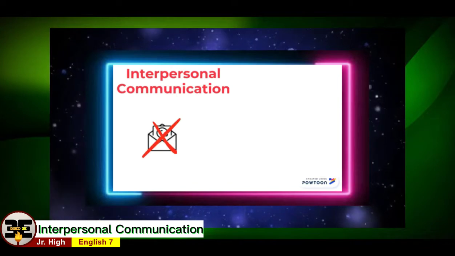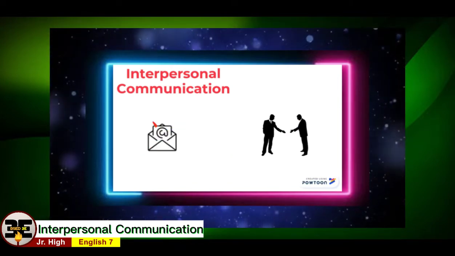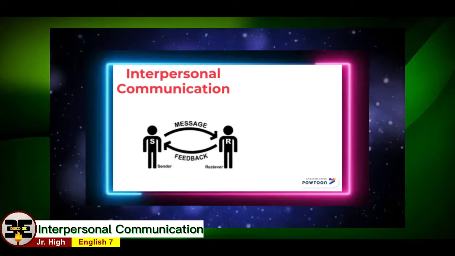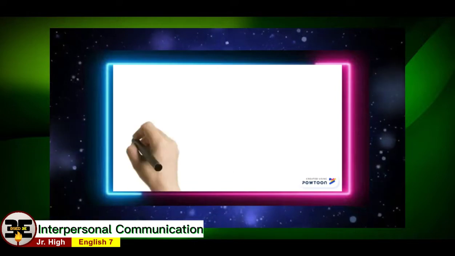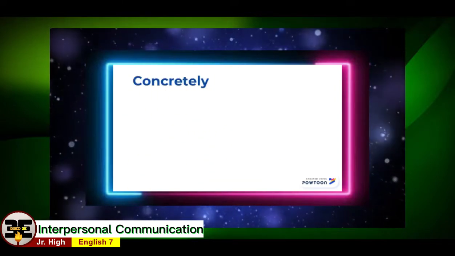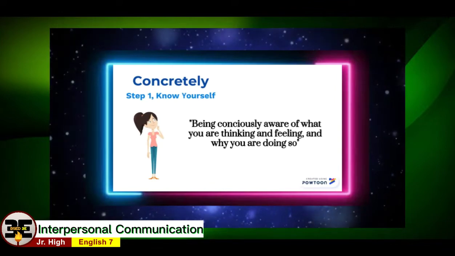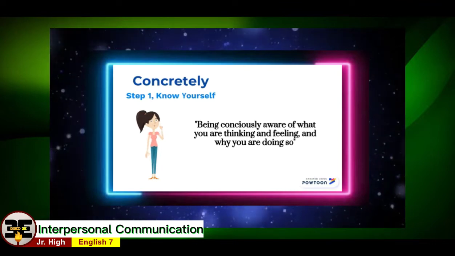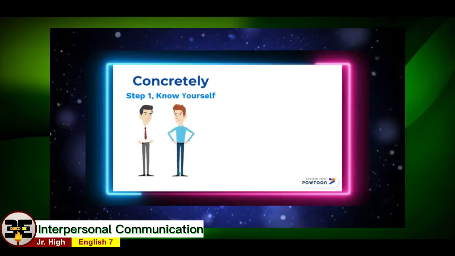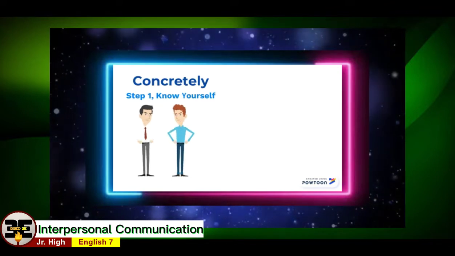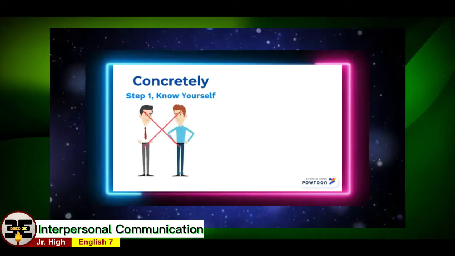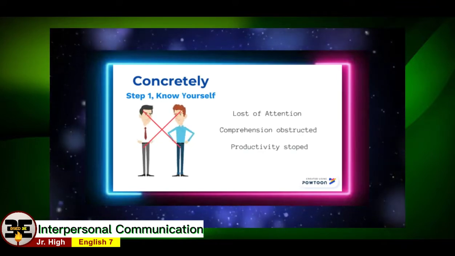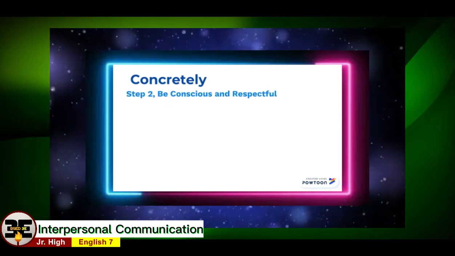Interpersonal communication goes further than a simple message. It's also a way to create lasting and successful relationships. This is why it cannot be underestimated and must be mastered, as we always need it to improve our relationships. But concretely, how do we implement it in our life? Step 1, know yourself. Self-awareness means being consciously aware of what you're thinking and feeling and why you're doing so. If you are angry in the middle of a negotiation, it's important to realize what you feel in order to avoid ruining the meeting and shouting at your interlocutor. A lack of self-awareness can be detrimental to the success and productivity of your relationship.